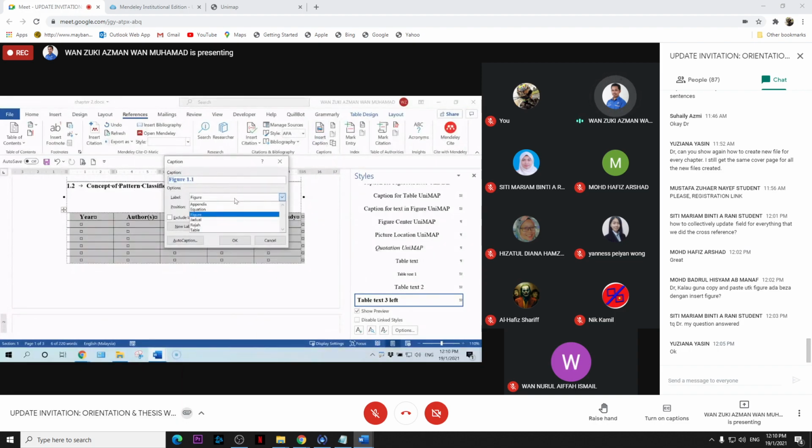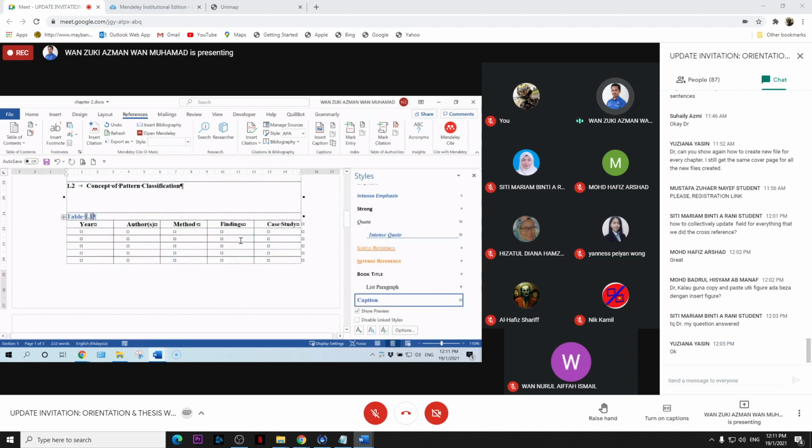Now you change from figure to table and then you do the numbering again. So normally you will have table 1. So how to make it table 1.1? Numbering, include chapter number, use period, click OK, and then click OK. So the same thing, spacebar one time, colon, don't forget the tag.